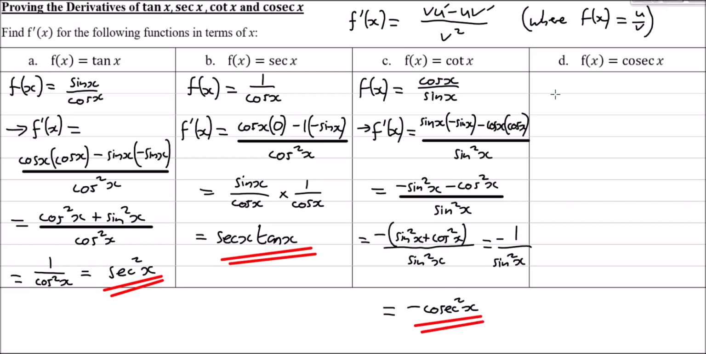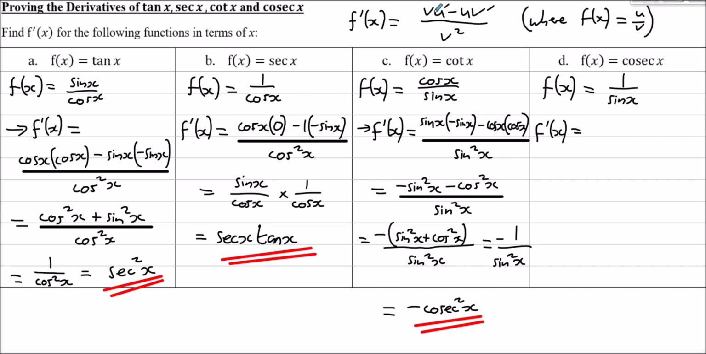The last one to prove and show is the derivative of cosec of x. So again, rewriting it in terms of what cosec is in terms of sin, cos, and tan. We have f of x is 1 over sine of x. And once again, for the fourth time in this little exercise, we're going to use the quotient rule. So f dashed of x